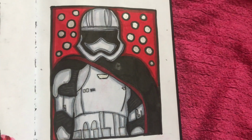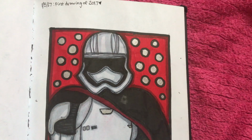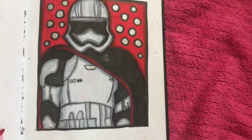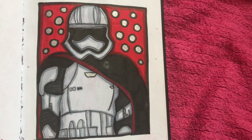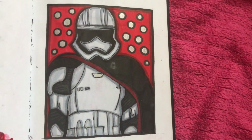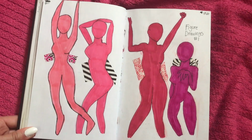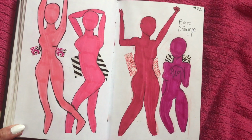Here was a drawing I did of Captain Phasma. This was my first drawing of 2017, as you can see by my caption there, and I will say it's pretty okay, but I think anything that I don't draw faces for turns out okay, so that's up for debate. These were some figure drawings that I did, and I really need to start doing more figure drawings because